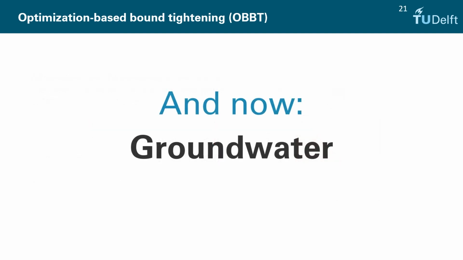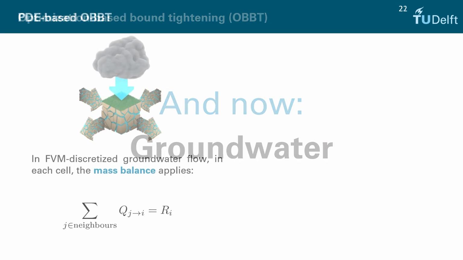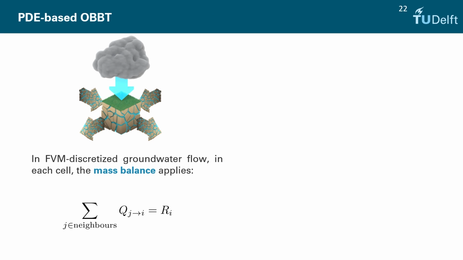Now, this has all been relatively theoretical, but how can we actually use that for hydrogeology? Well, in groundwater models, we have a lot of equality constraints that we must maintain. For instance, if we define a numerical grid over our area of interest, we know that in every grid cell, the mass balance must be maintained. Water flowing out of a cell must equal water coming in in a steady state system. In a transient system, we would also have storage terms that would add to this mass balance. But the bottom line is that this would always be a linear constraint, so it fits very nicely in this